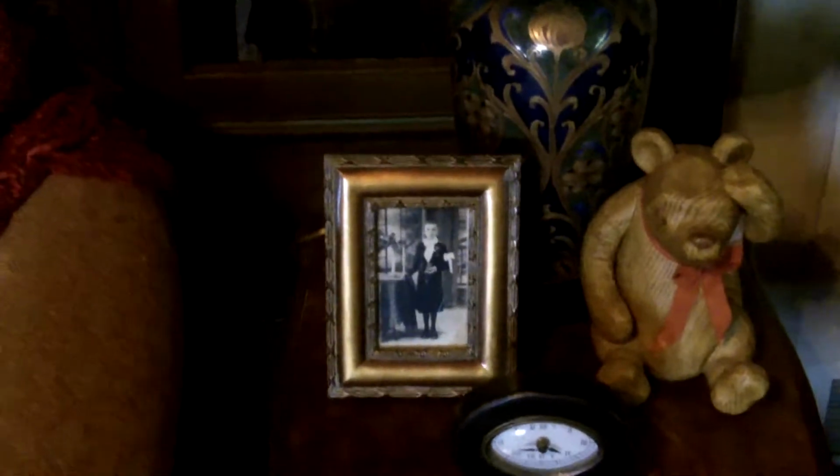There's another easy chair, a footstool, another small side table. Classical picture might be Dad, I'm not sure. A really old picture of a young boy dressed up from, I don't know, the 1930s or something. Clock, vase, light, a carved Winnie the Pooh. I don't remember seeing that before, so it had to have been a recent acquisition. A couple of, that's Falstaff and Ada, posters,